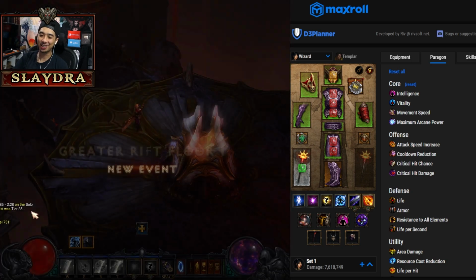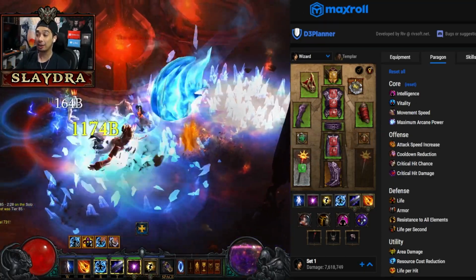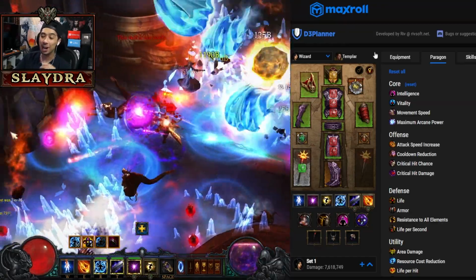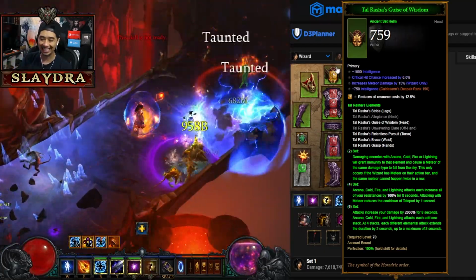So let's go ahead and get started with the best wizard guide for season 27 for Tal Rasha. This is a brand new updated set and they've actually made it quite more powerful. There's actually two different variants if you want to mix and swap some of these things. We'll talk about that in a second, but let's go over how this build works and kind of how it plays. So starting right off, you have a few different options in terms of your skills, but the main thing